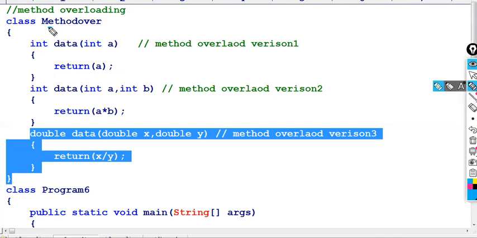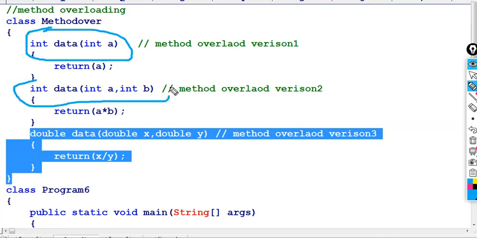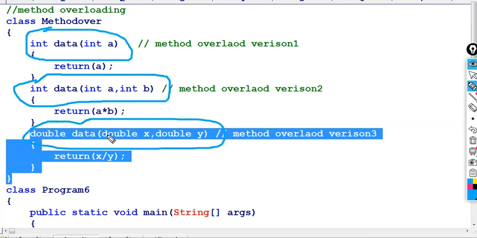So let us understand this one. This is the method with one argument, that is integer data type. This is the method version with two integer data types. This is the method version with two double data types. Now, everything, when you observe once here,